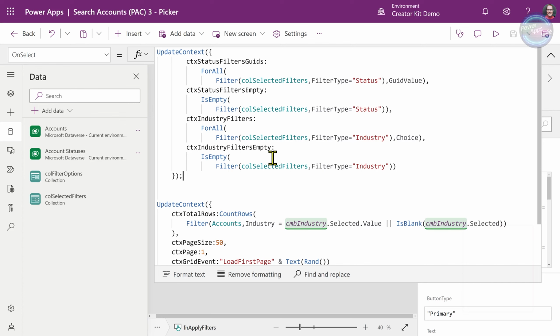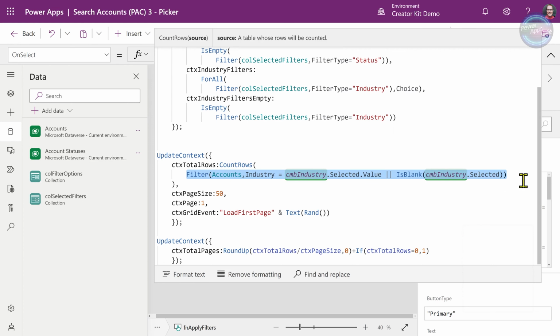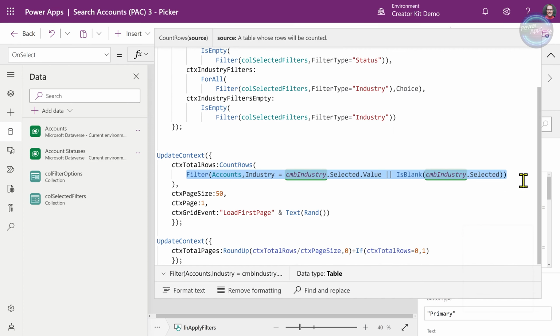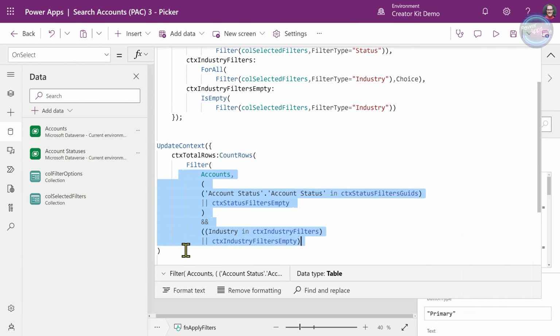Whereas actually we could copy this logic into multiple different places. So it's one of those things that does make sense as you start to create applications like this. And so what we can do is we can now update this filter. So I'm going to remove the previous filter that we had, which was just using that single select combo box. And I'm going to replace it with a little bit more of a complex filter.